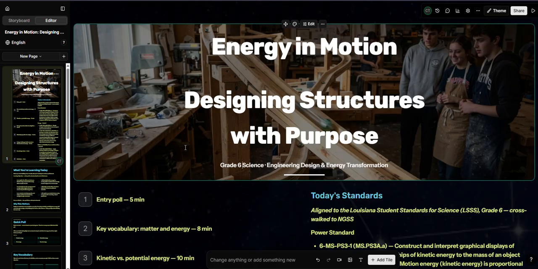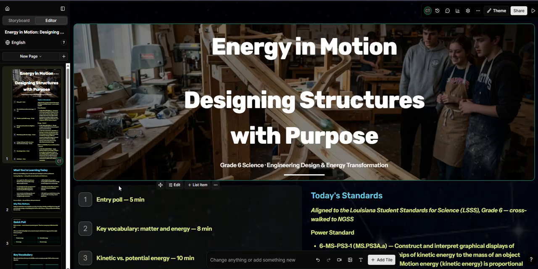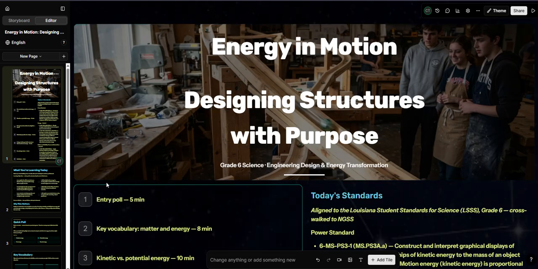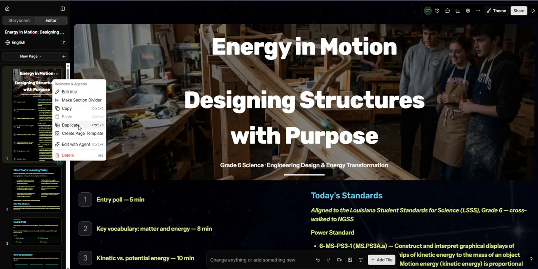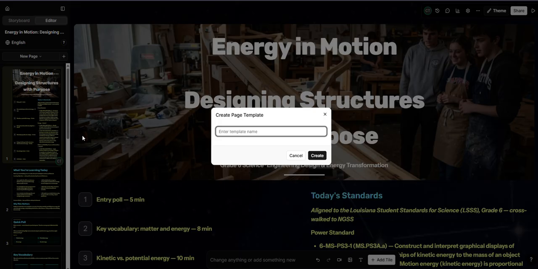But I like this layout. So I want to keep this layout. I want to be able to use this again. So right here, if you want to keep this, you like the way this came out, you want to use this as like a model for a lesson later on, all you have to do is click the 3 dots right here and you can create a page template. So I'm going to put this page template